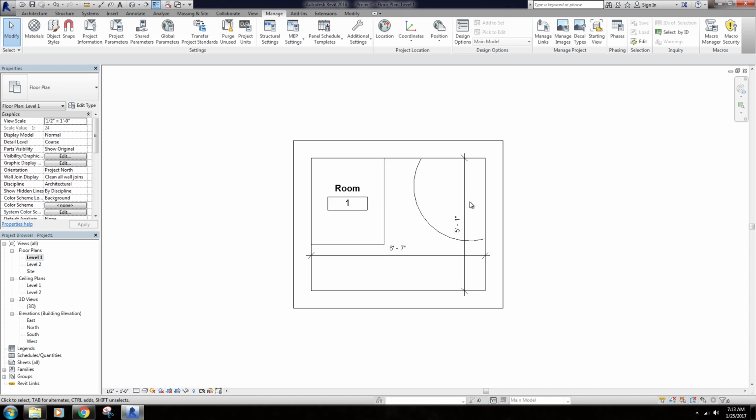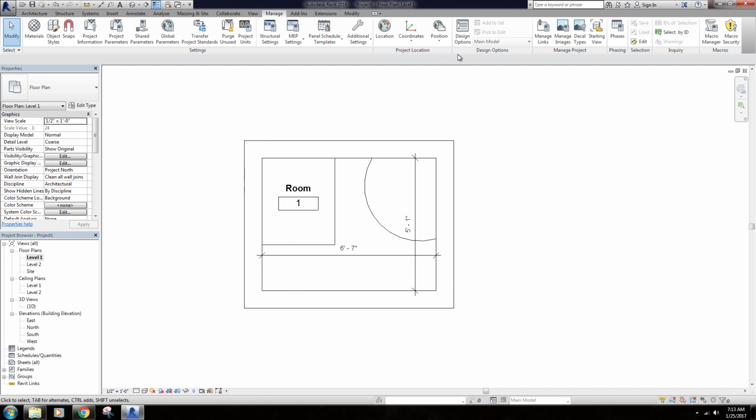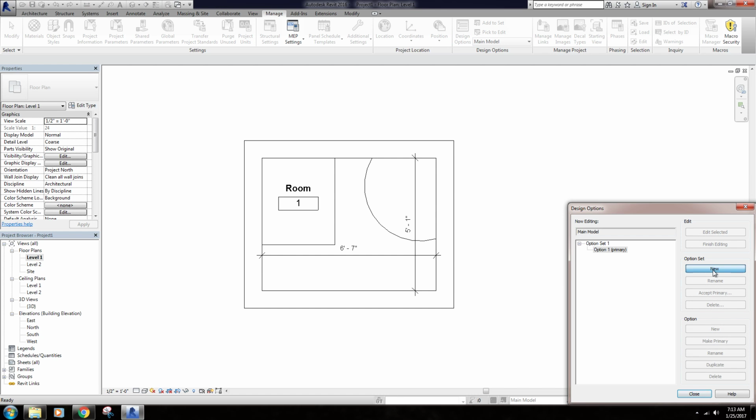The direction of true north comes into play with your renderings and that sort of stuff based on your location. Design options, you can do design options that'll show different aspects, like a couple different ideas, and you can scroll through those real quick. So let's say I wanted to create a design option, we'll say a new set, and under the new primary option, I'm going to hit edit selected, and I'm going to close this